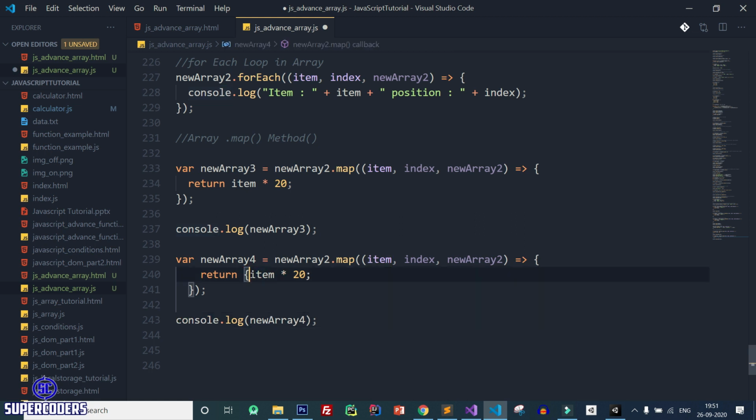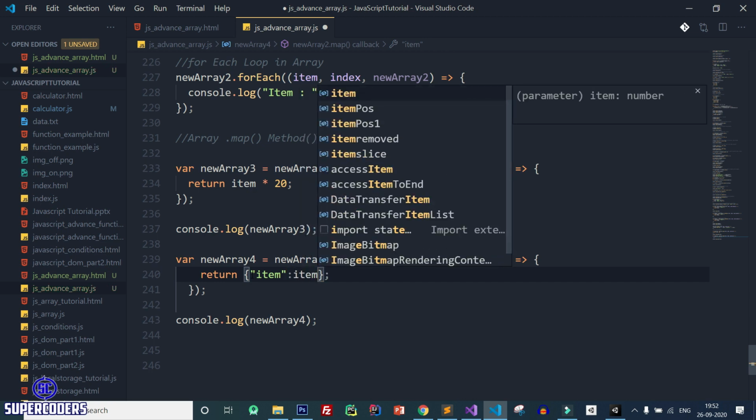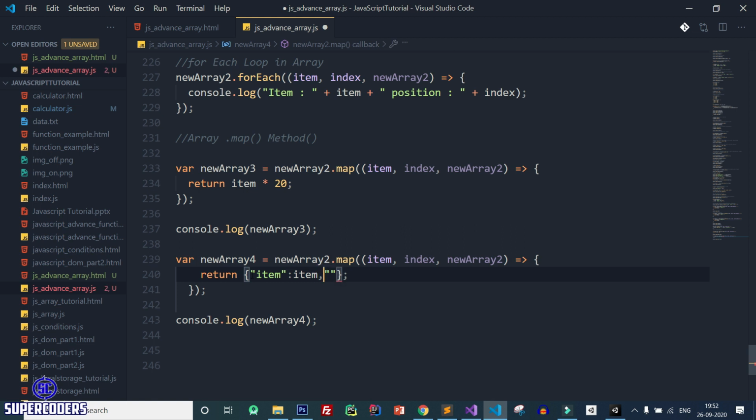So here let's change item and pass the position, or index. So here I am creating an object from array. Means currently, if you see, new array is only an array, but after that using the map method I am adding objects inside the array. So save it and let's see what happened.